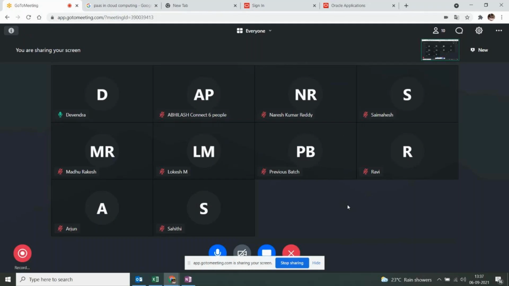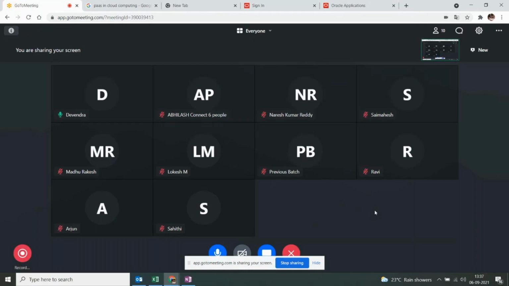And when it comes to the Fusion application, we don't have any workflow builder tool. Instead, Oracle Fusion has given an inbuilt tool called BPM worklist, business process management, right?